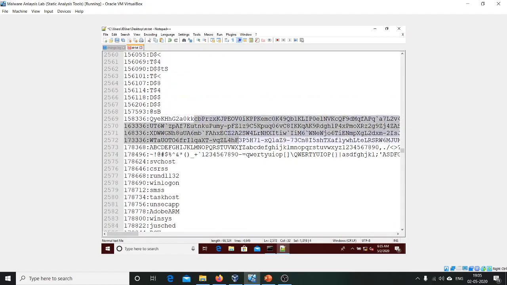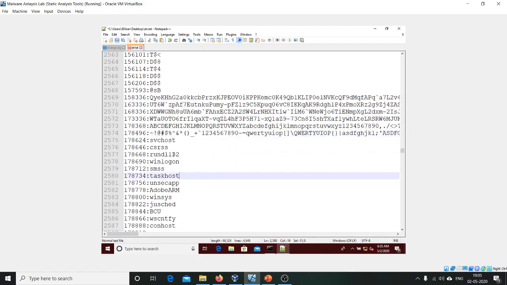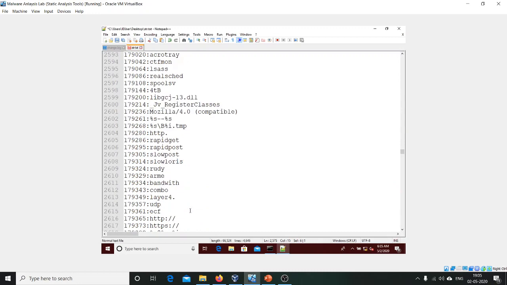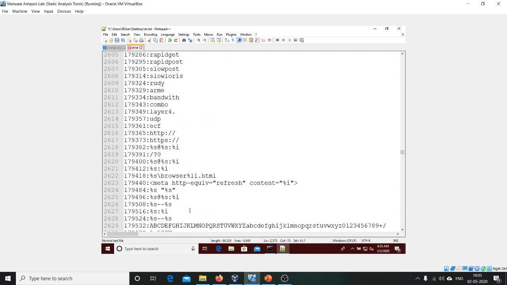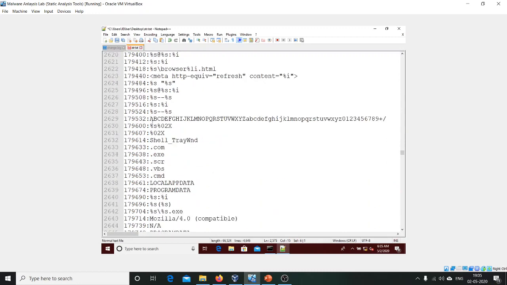Some junk characters are there, right? Yeah, so this is very important. Some WinLogin is there, Adobe ARM is there, SMS is there, svchost is there. Okay, yeah, so this is also a very important thing,